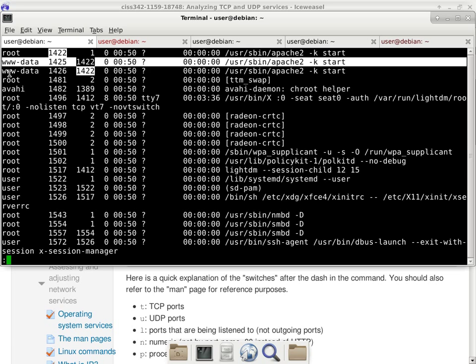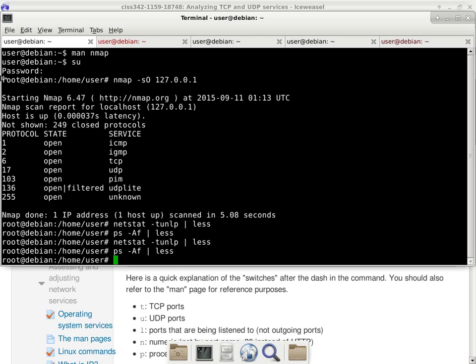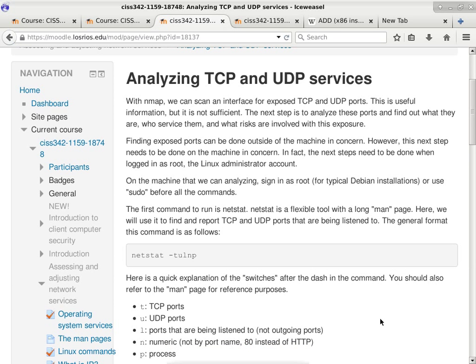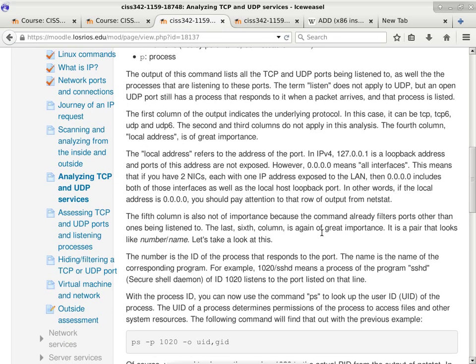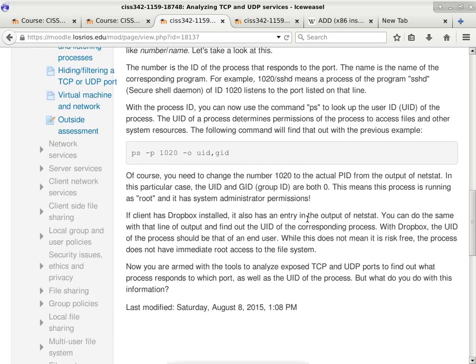So these are the useful commands that you can use to look into a system and find out what type of security risk we are exposing the system to. The rest of this is repeating what I just said. I changed the command a little bit here so that it's not as overwhelming. Instead of looking at all the processes, it is focusing on one single process ID. Instead of looking at everything related to that process, I'm only looking at the UID and GID of the process. So it makes the output cleaner, but it is for the same purpose.